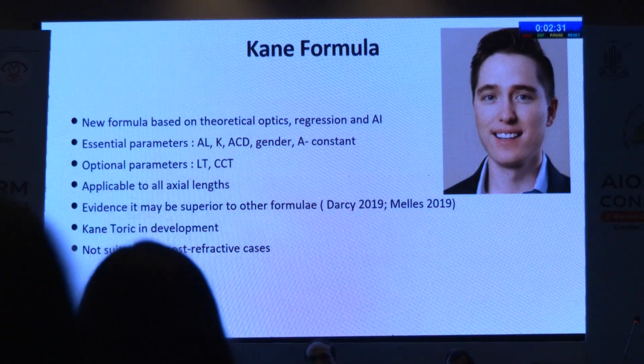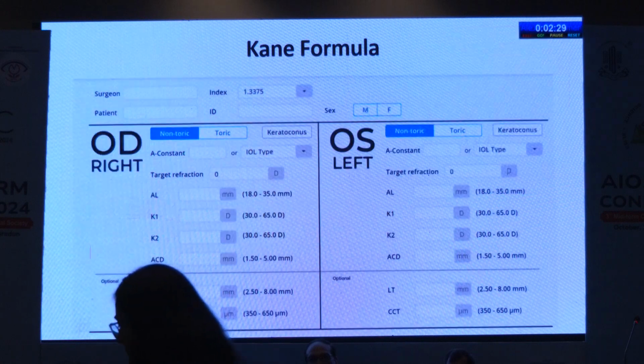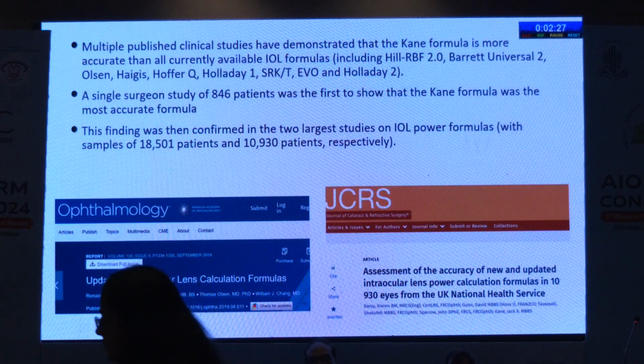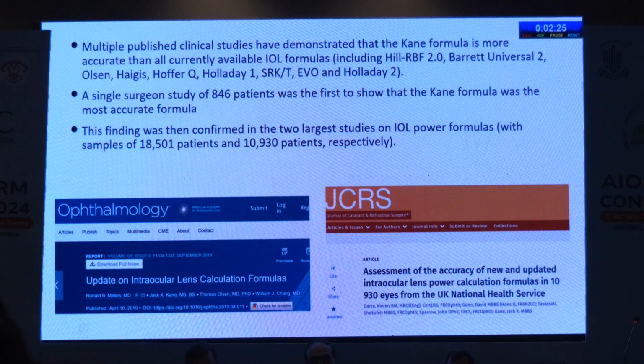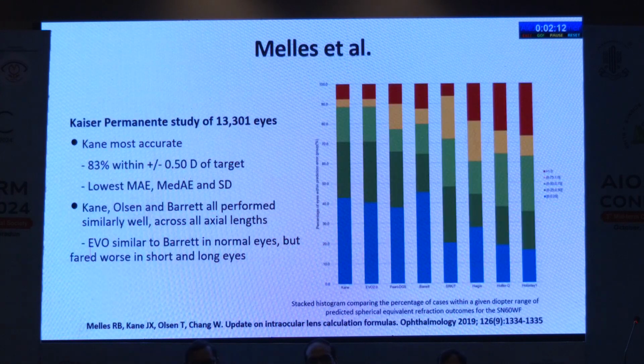However, it is still not suitable for measuring in post-refractive cases. Multiple published clinical studies have proven the Kane formula to be more accurate in all cases, including Barrett's 2 as well as Hill RBF. There are two large studies, including 18,000 patients and 10,000 patients, which have proven the Kane formula to be superior to these other formulas. This study by Melissa in 2019 showed the Kane formula to perform much better